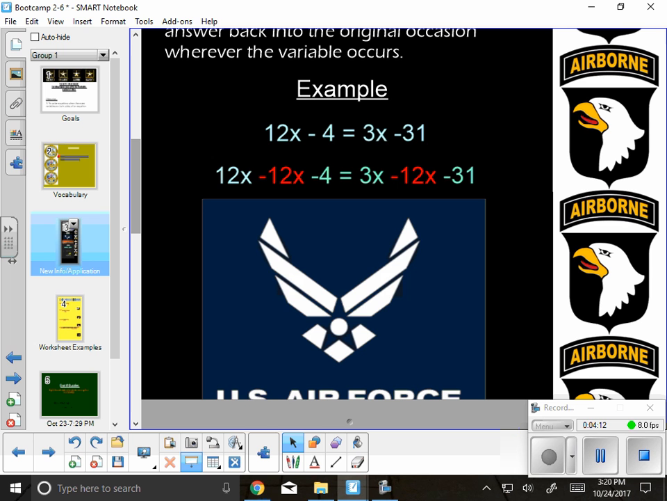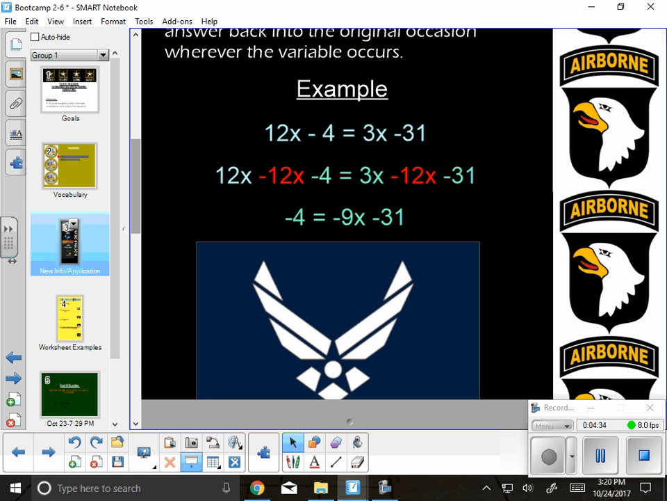So as you can see, 12x minus 4 and 3x minus 31 are in the simplest terms that they can get. So from there, we can subtract to get the variables on one side. I would recommend doing the subtraction of variables and then the subtraction of everything else in 2 separate steps just so you don't get confused. So after we subtract 12x from both sides, we're going to end up with negative 4 equals negative 9x minus